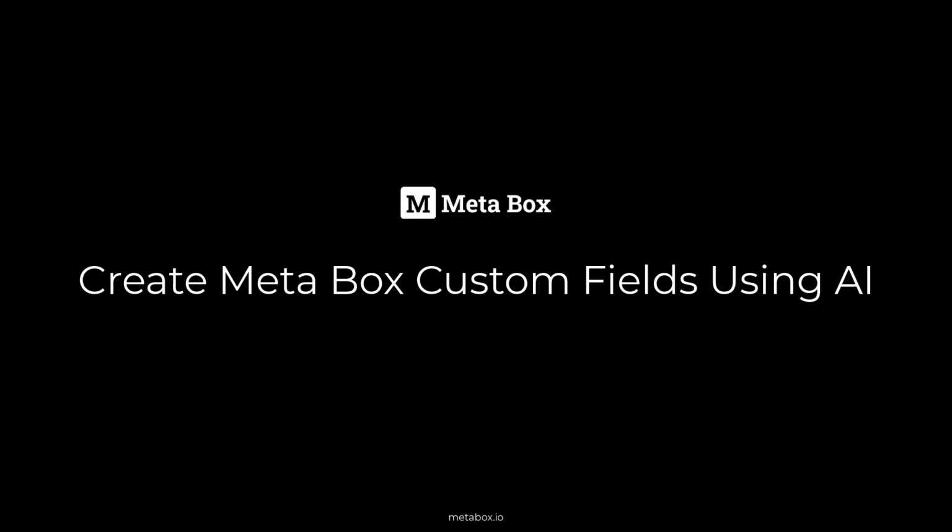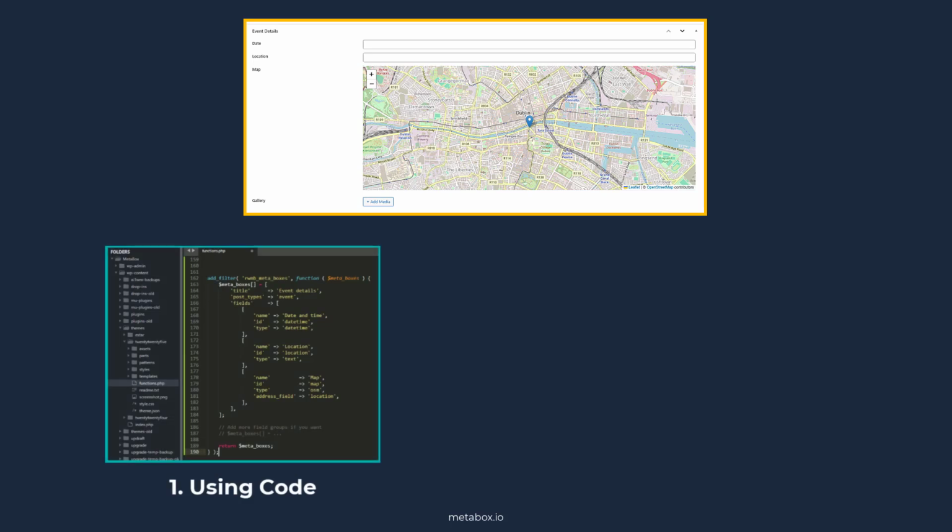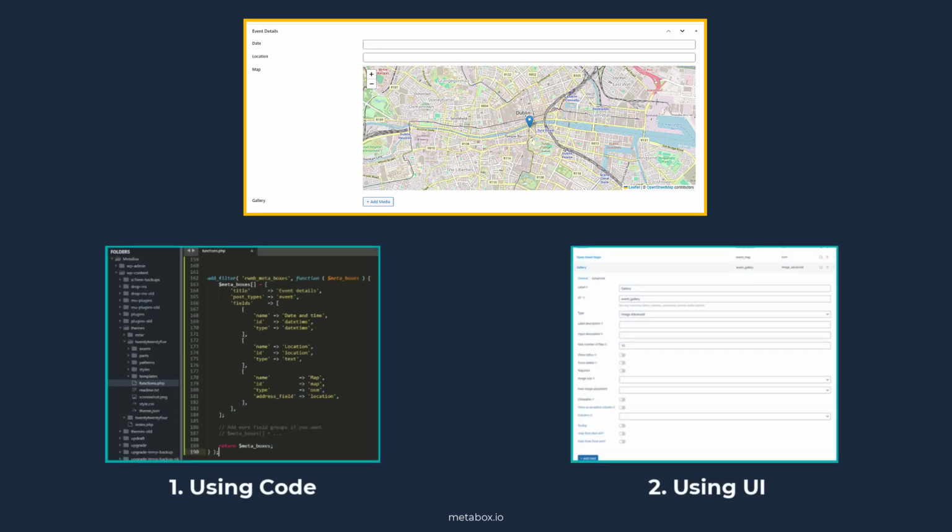Today, let's explore a new and interesting way to create a MetaBox field group. No code, no clicking through any settings. Just type, copy, and go. It's using AI. We have two conventional approaches for creating a field group, using code or using UI provided by